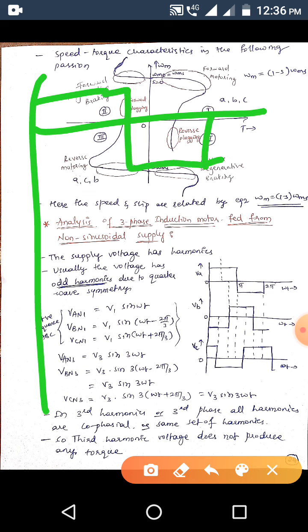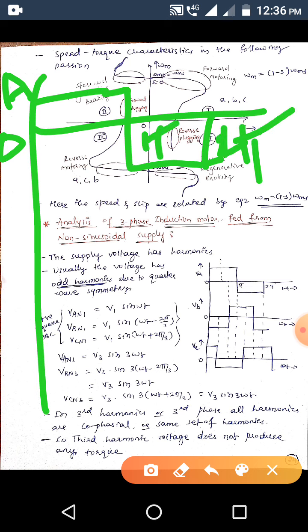Okay, so let us draw the phase A here, or directly I will draw it as A. So we can call it VA here. The x-axis is the omega t. If we are going to shift by a 120-degree phase shift with the next phase voltage VB, this is the 180, so it means the phase shift will be